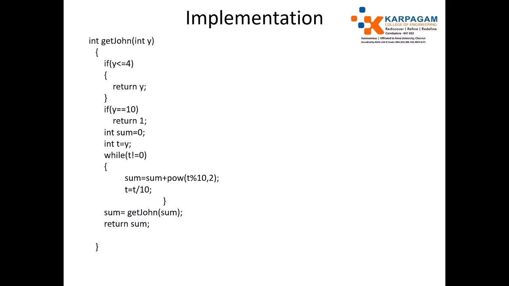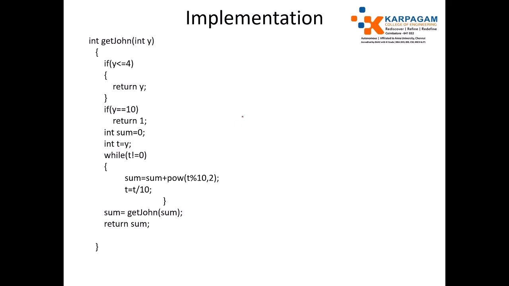When you apply square, 1 squared will be equal to 1 and 0 squared will be 0. So totally we will get 1 only, no? If you get 1, it will be considered a number of game, so immediately just return 1. Otherwise, set sum equal to 0 and use a temporary variable t equal to y to apply the power